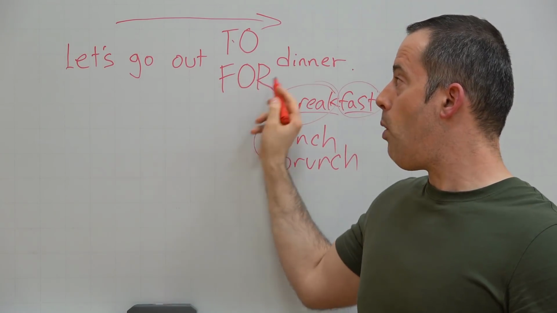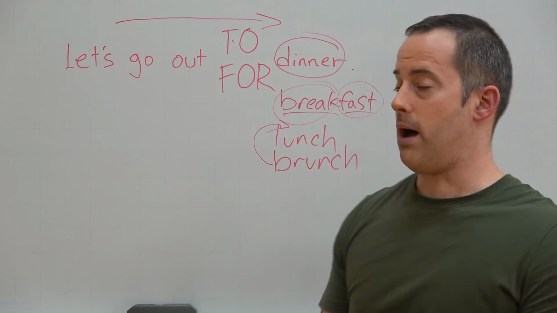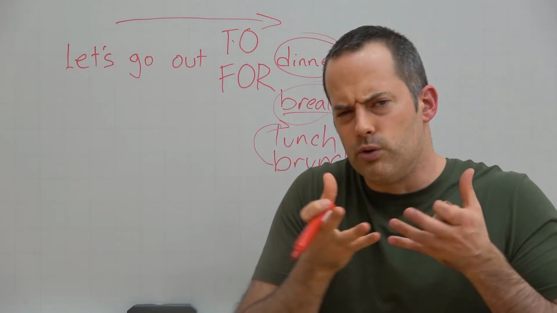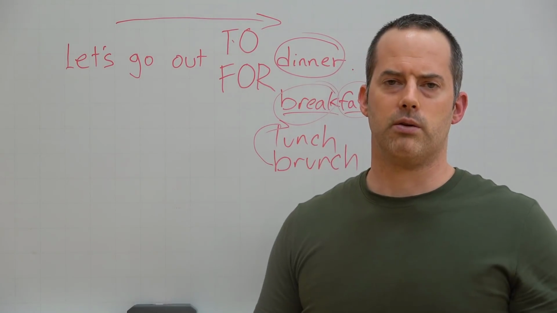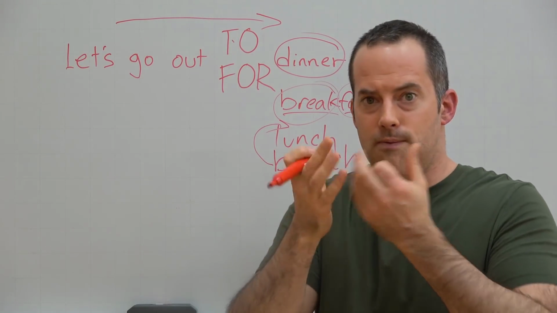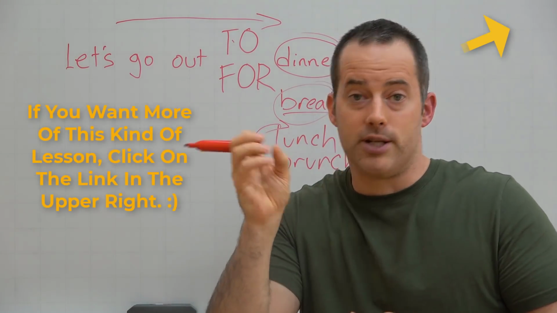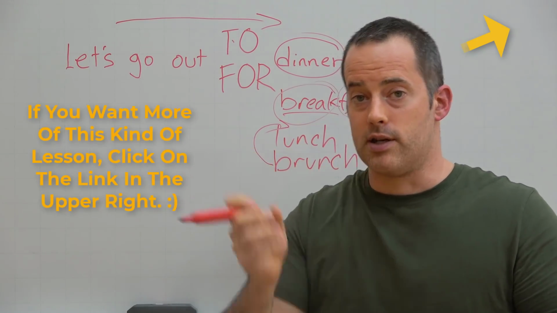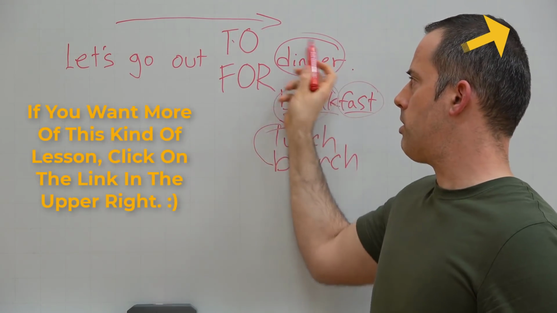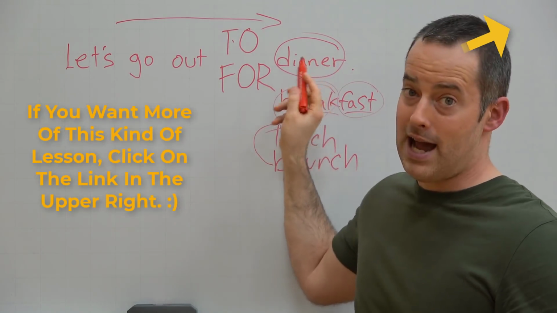But let's go out for dinner. Really, you're talking more about the particular thing. So whenever you do something for a particular thing, like I am studying hard for my degree, I'm working hard to become a doctor, and that's the reason I'm doing something. So when you use for, you're talking about this. This is more the main highlight.